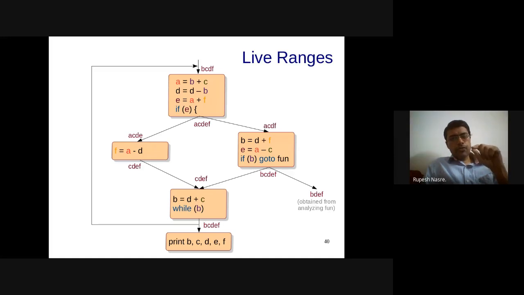Right? So for example, if you focus on small a, it is live along these instructions in the first basic block. So we have this a definition, from there the liveness starts. It is live definitely across this instruction, and therefore it is live at the second instruction also, and there is a future use of A, and therefore A is live at this instruction also. So as far as this basic block is concerned, it is live across these four instructions is what we will say.